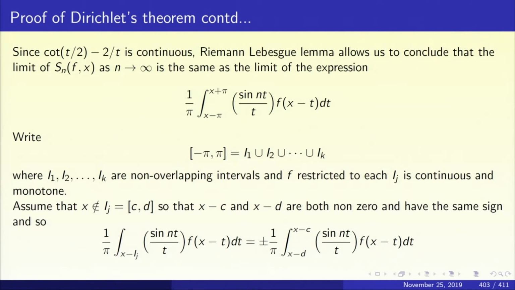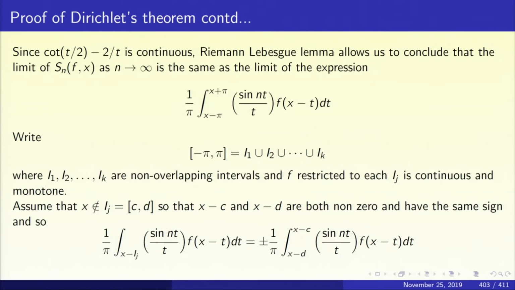So that is all that is left over. So now to deal with it, that integral over x minus pi to x plus pi should be broken up into the integral over certain disjoint intervals. So first let us write minus pi to pi as a union of closed intervals which are non-overlapping, meaning that